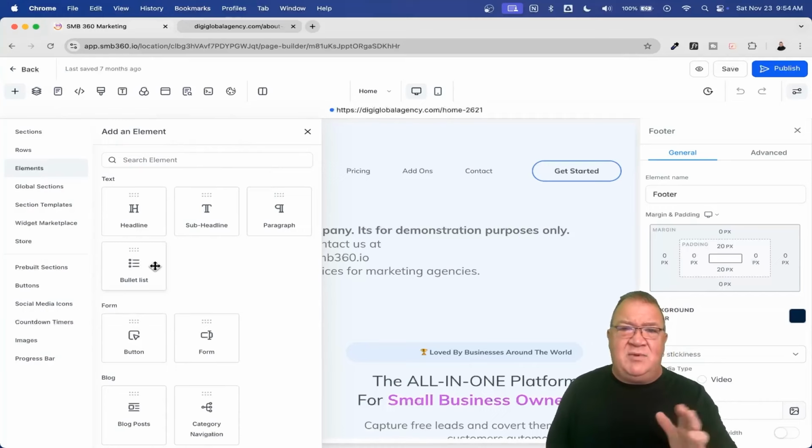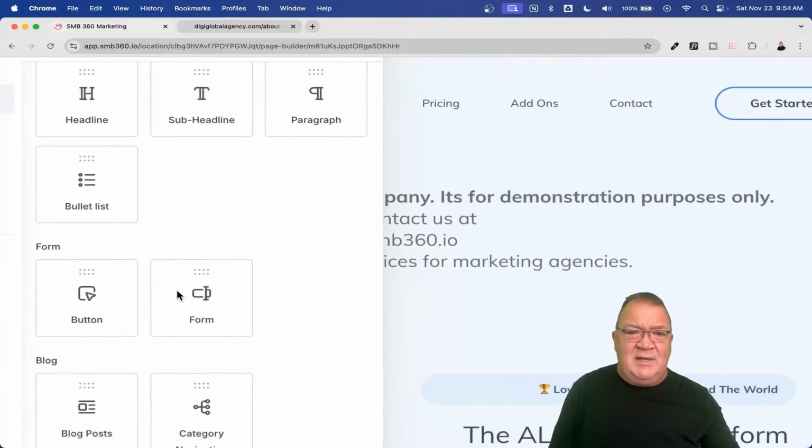Now, remember I told you that within each website builder, whether it be GoDaddy, Wix, WordPress, whatever, there are certain elements that you get. Now with WordPress is a little bit more extensive because you can add plugins and extend some of these element functionality. But again, with Highlevel, these are the elements that you get to work with. Headlines, sub-headlines. You just notice, I'm going to blow this up a little bit, that this is extensive. You can build quite an impressive